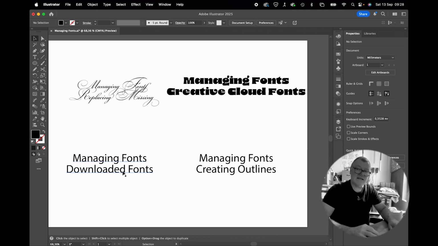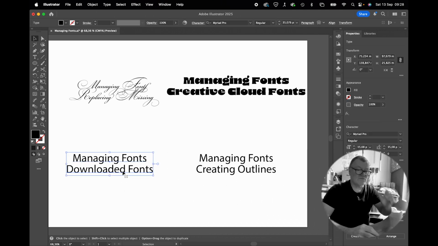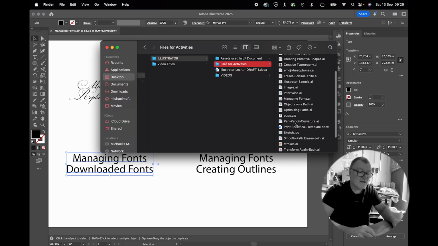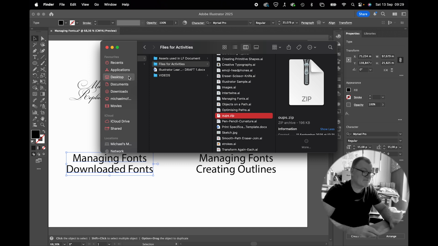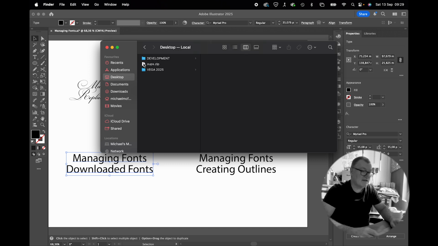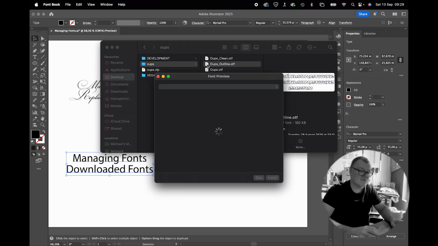Then downloaded fonts. What if you just go online and you find a font that you like? Okay, here it is. It's a zip file. So I'm just going to copy that zip file to my desktop and I'm going to unzip it. And you can see that it gives me an OTF file, OpenType font, and a README file, and there's 3 different types. So I'm going to choose this OPS outline. I'm going to double click to install it,